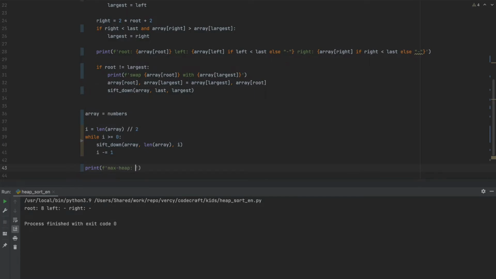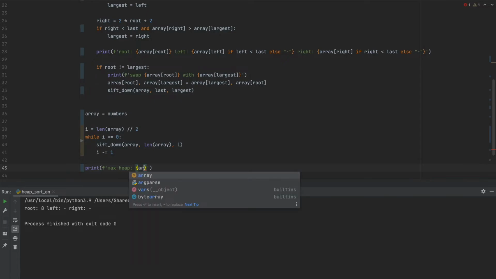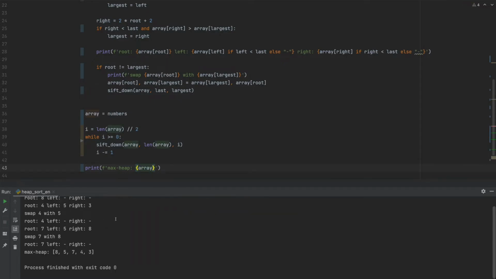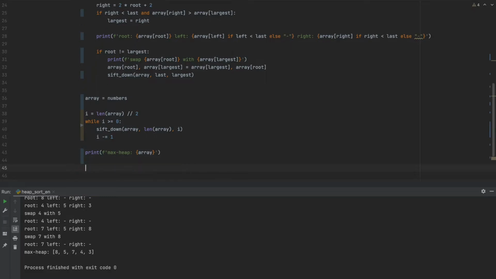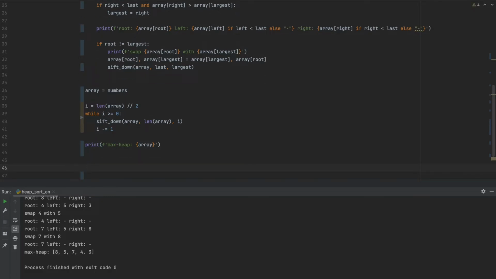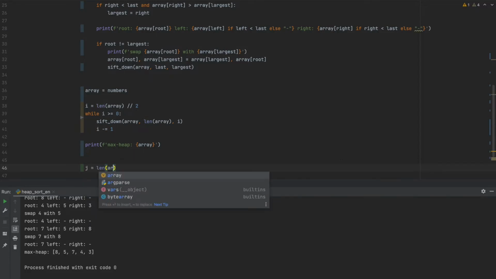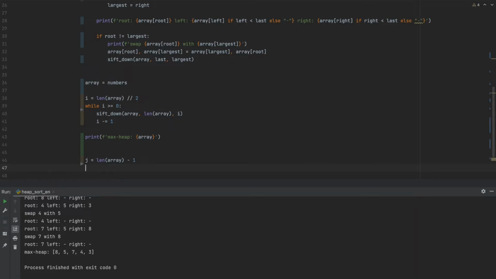And let's take a look at how that actually looks. Running it, at the end of all the swaps, we'll see it is indeed the biggest element, 8, at the first element of this array. Fantastic. What we need to do next is to swap it to the last element, and then we can repeat the whole process. Now, I will also declare another variable for this, which is going to be the length of the array minus 1, the last valid index, and we will need to make a swap. This is where we go next.